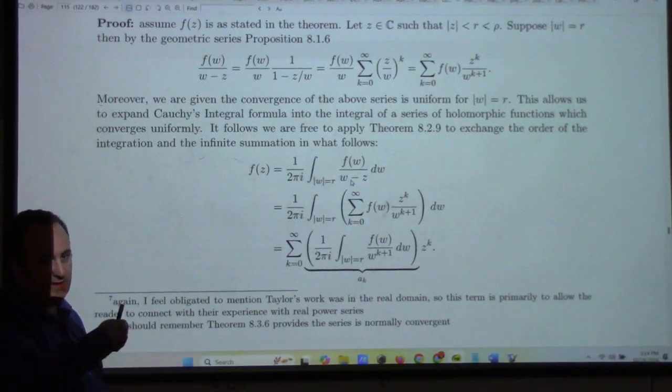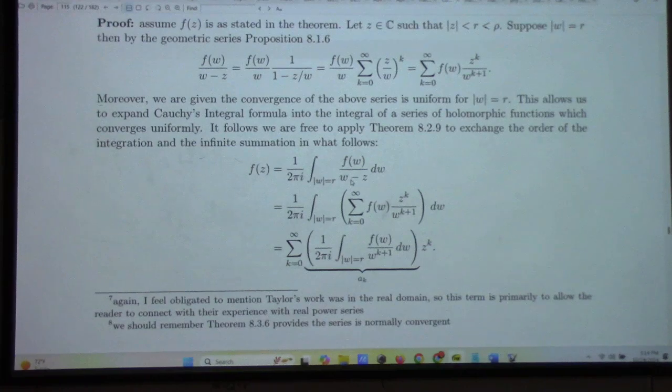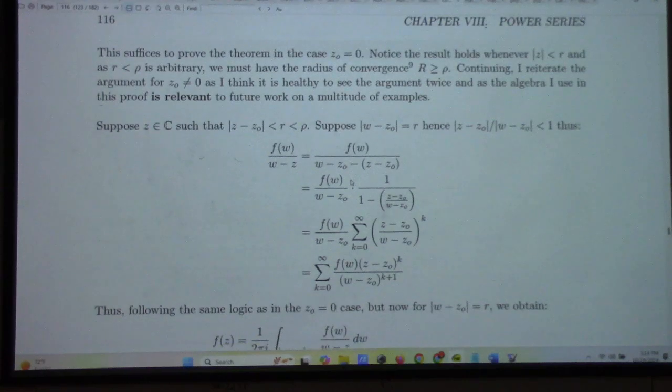We derived it by exchanging the order of integration and differentiation. We formally derived it earlier, like a week or two ago. But this is yet another way to understand where Cauchy's generalized integral formula comes from. So that just proves the theorem at z equals 0. To prove it at z not equal to 0, I will show you the same argument, but this time